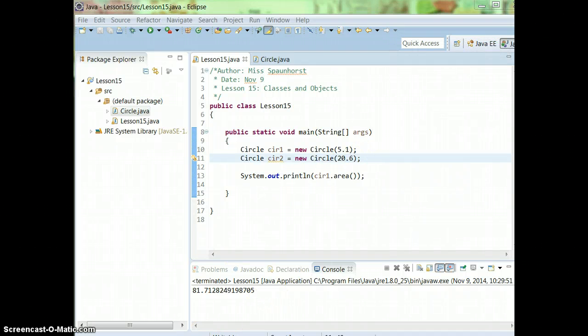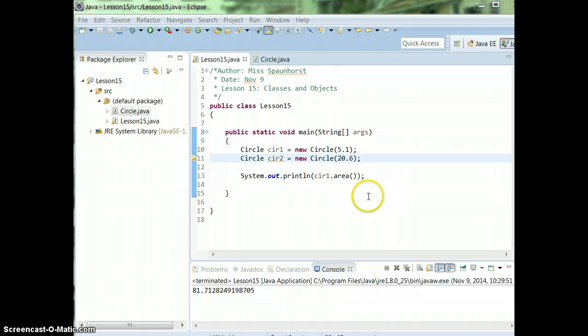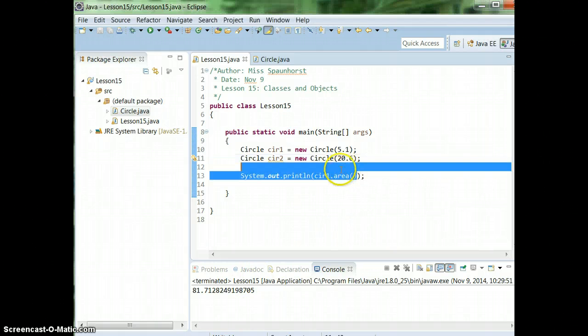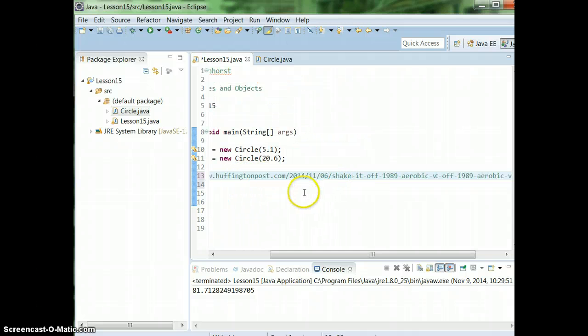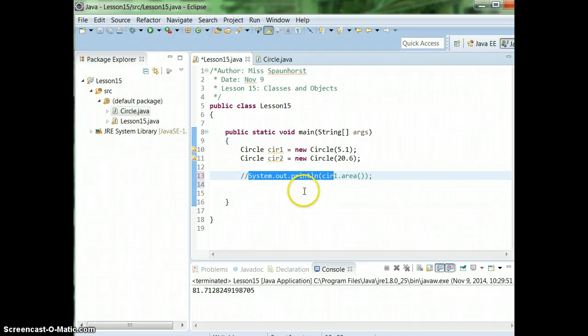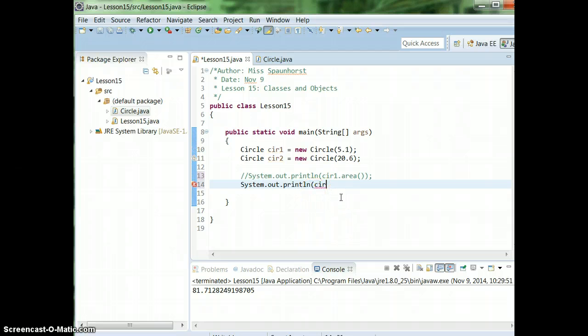Hooray! Okay, so let's try something else. Our area works for circle 1. So let's modify this. Actually, you know what? I'm just going to comment it out and I'm going to copy and paste the part I need. So, oop, wrong button. All right, so we are going to print